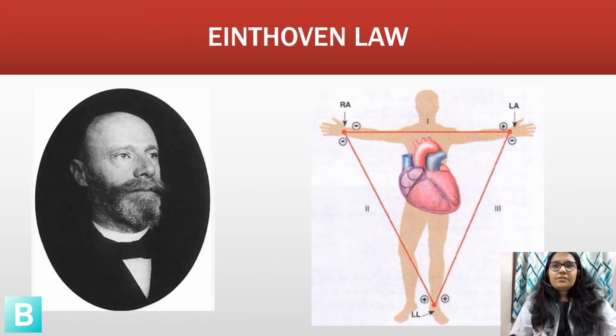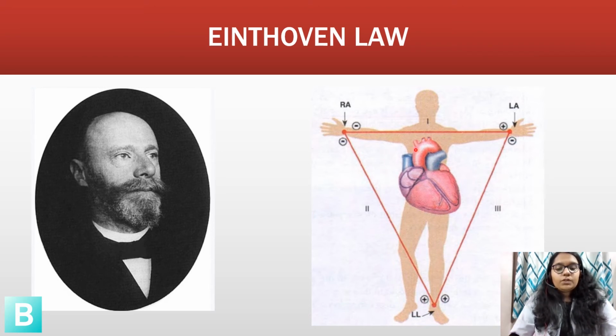Now you might wonder, what is all this about these different leads and potentials, and how do we integrate all of them into a single recording? Well, the answer to this was given by Wilhelm Einthoven, who is regarded as the father of electrocardiography. He stated the famous Einthoven law that in a volume conductor, the sum of potentials at the end points of an equilateral triangle with a current source in the center is zero at all times.